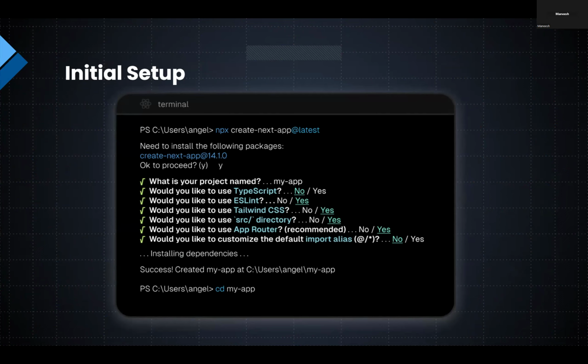If we have time to do the demo, I'm probably going to go with no TypeScript, but you can use TypeScript if you want, totally supported. I'm going to choose ESLint, Tailwind CSS, add the source directory, and the app router as well. And I'm not going to customize the import alias, which, if you don't know what it is,